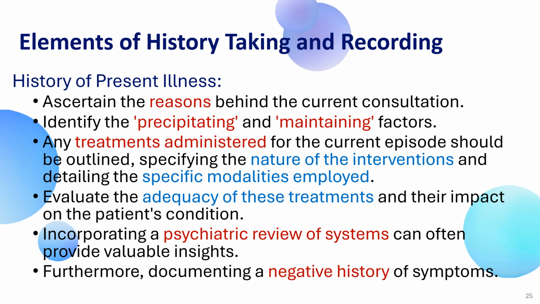Furthermore, documenting a negative history is also important. In negative history, if the person is having certain symptoms, like symptoms of psychosis, such as delusions, hallucinations, and oddities in behavior, these symptoms may be found in other psychiatric illnesses also, like pervasive developmental disorder or other non-organic psychotic disorder. So one has to take the negative history of related symptoms which may be found in other illnesses first,